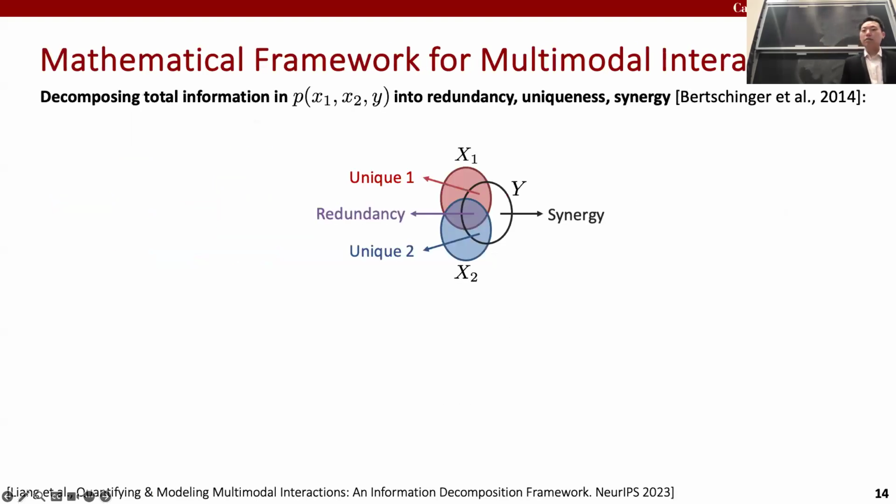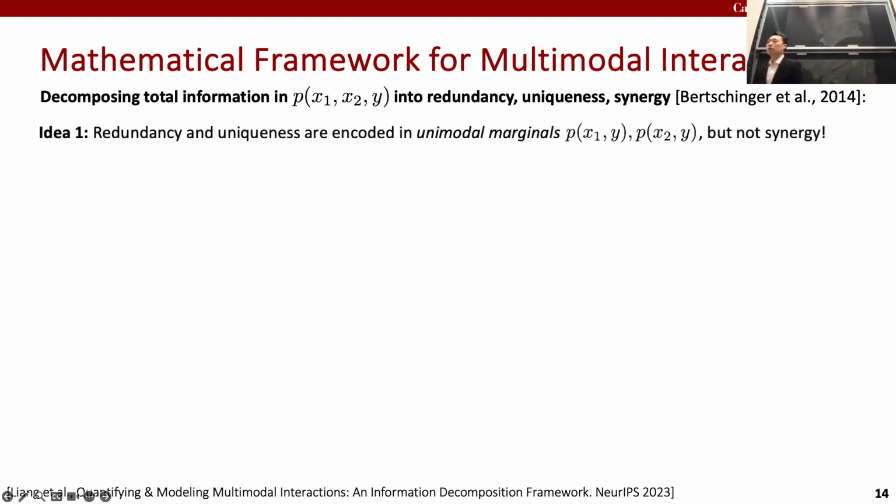So to begin, a mathematical framework for multimodal interactions. So the setup is that you have some joint distribution P over your 2 modalities, x1, x2, and your label y. And together, these 2 modalities give some total information towards predicting y. This total information can be broken down into each of these 4 parts. How much redundant information there is, how much unique information there is in either modality, and how much synergy there is, where information only arises when you fuse these modalities together. And our goal is to break down this total information into each of these 4 parts. Now, there's 2 key ideas that enable us to do this decomposition.